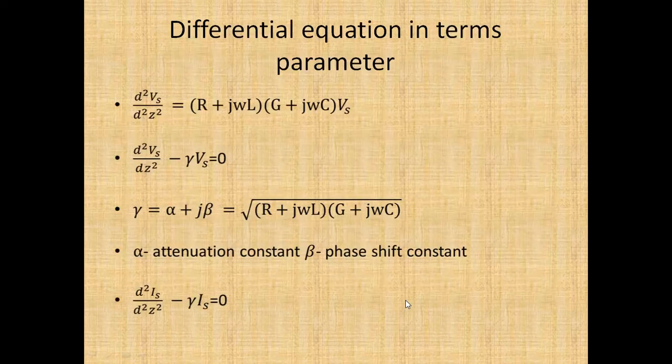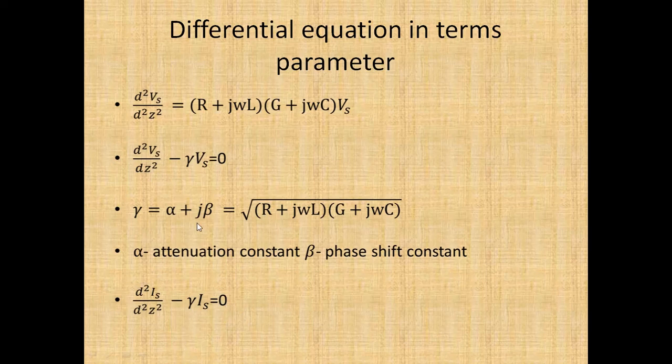By writing down the equations and taking the limit, they are converted into first order differential form. The equations are then converted into second order form, and these are represented in phasor form, as the j omega quantity is coming. So this is the second order differential equation formed in terms of voltage, and the second equation is formed in terms of current.